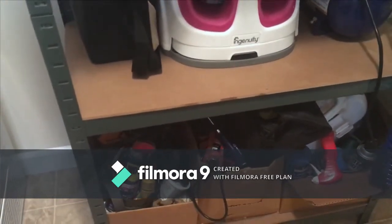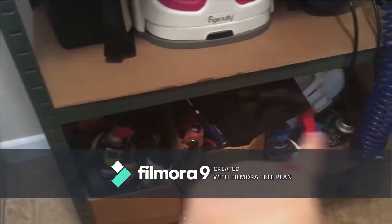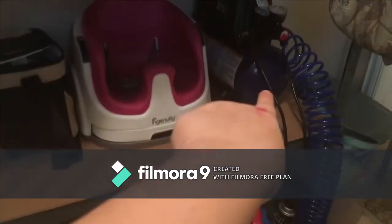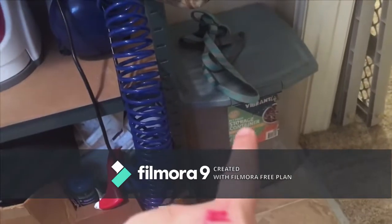We didn't have a storage building when we first moved in, so now that we finally have one, hopefully he'll take all of that out of there, and the air compressor, and I can start reorganizing this a little bit better. The dog food, of course,